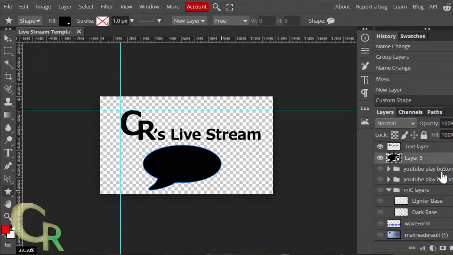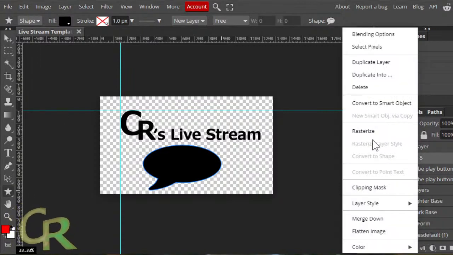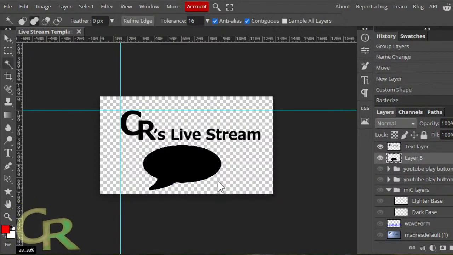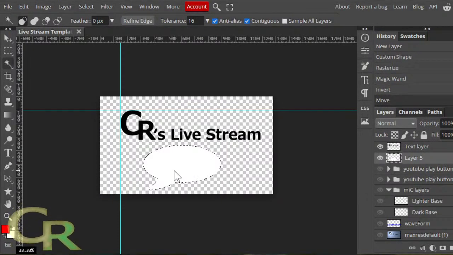So now that I have that speech bubble, I've got to rasterize it so I can actually use it and do stuff with it. See, I should change that to white, but I could just use the match one like that. Control I, I think. Yeah, Control I to invert. Also, you can change it to white.